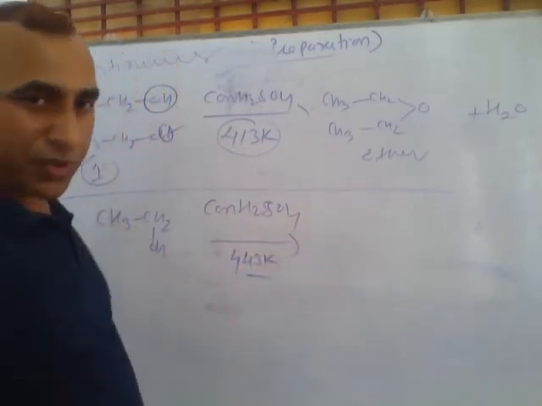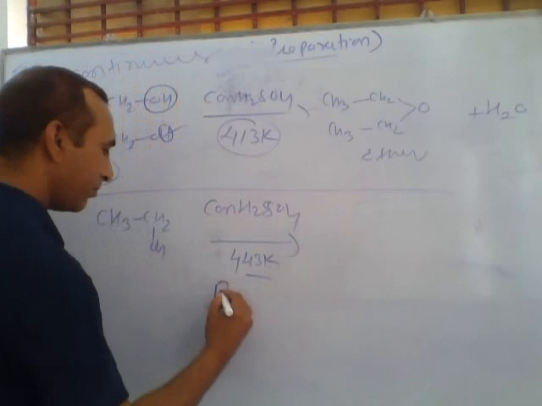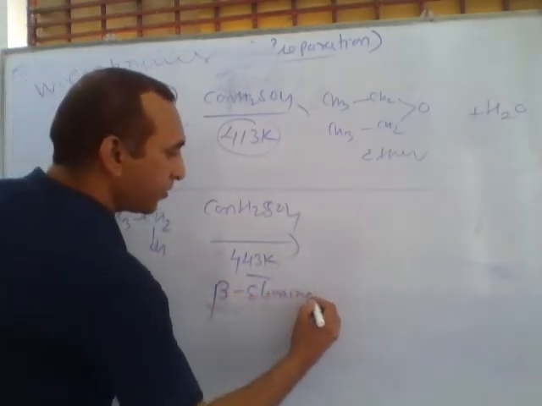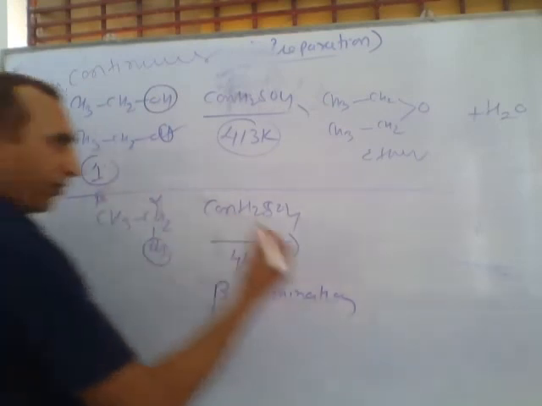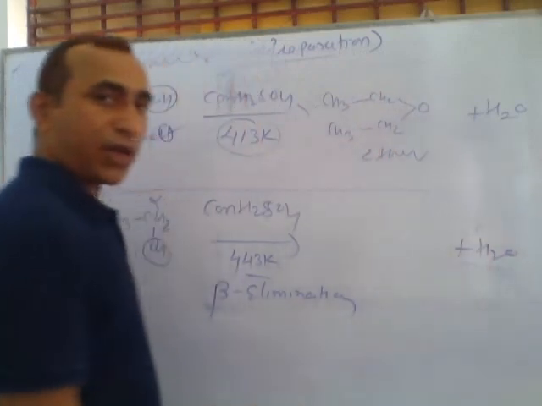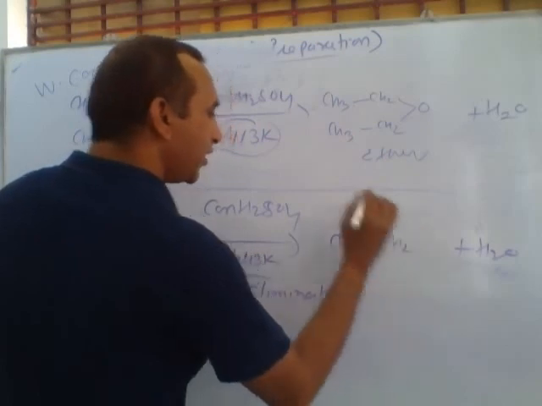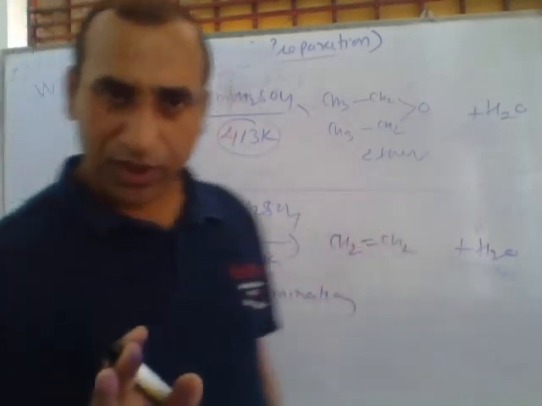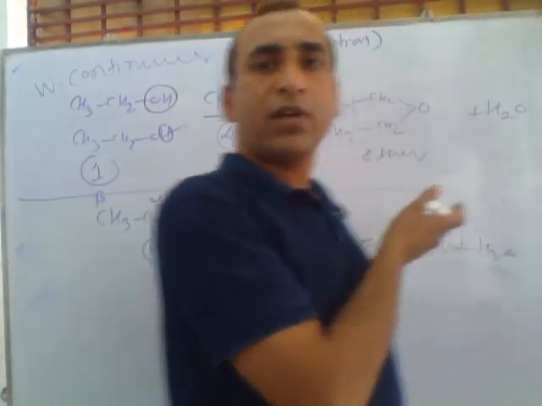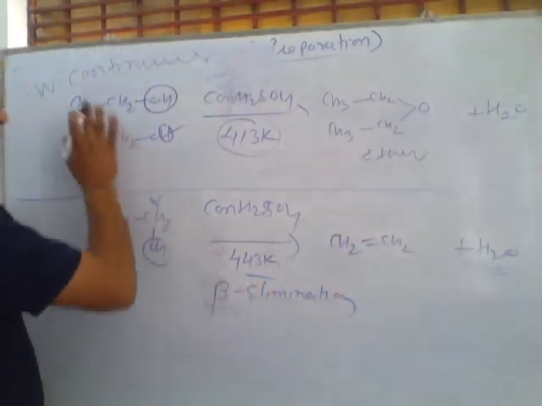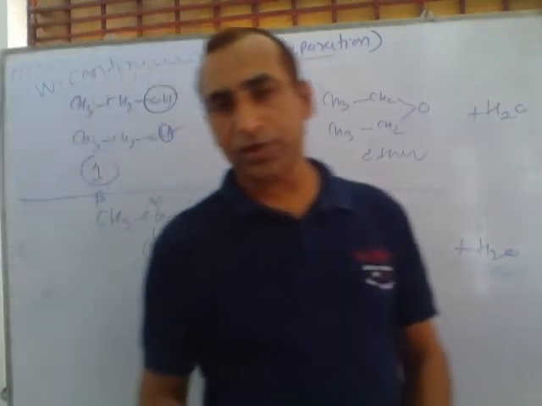If we increase the temperature, or go above this temperature, then a reaction called beta elimination takes place. In beta elimination, OH from the alpha carbon and hydrogen from the beta carbon, a water molecule is removed. This is also called dehydration of alcohol. But after the reaction, instead of this product, an alkene is formed. All the conditions are the same. Sulfuric acid, concentrated. This is the primary category, the same, but the product is different at the high temperature. So these three are important information. This is called a beta elimination reaction. Thank you for watching. Namaskar.